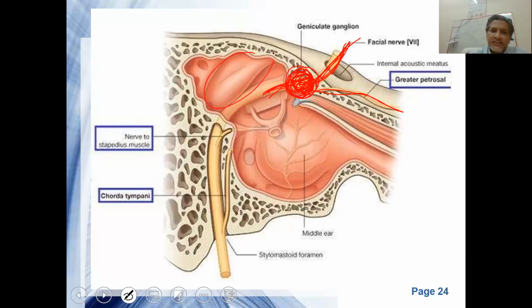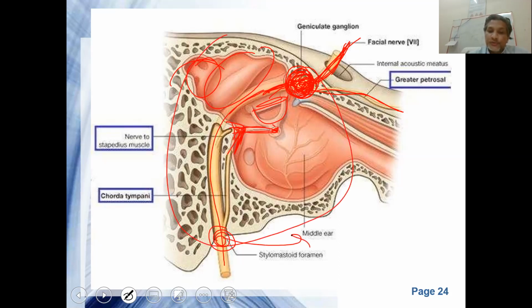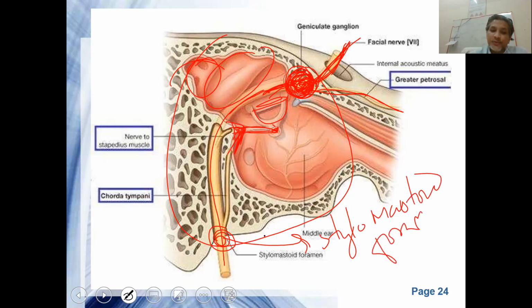So you can see it's a little semicircular canal. This is the mastoid antrum, the foot plate of the stapes, arch of the stapes, head of the stapes, lenticular process. This is the stapedius muscle, and the bony segment from which this muscle arises is called the pyramid, the bony pyramid. So this elevation is the pyramid, then it goes back. This is the tympanic segment, this is the mastoid segment, and it exits out of the temporal bone through the stylomastoid foramen, and then enters into what?